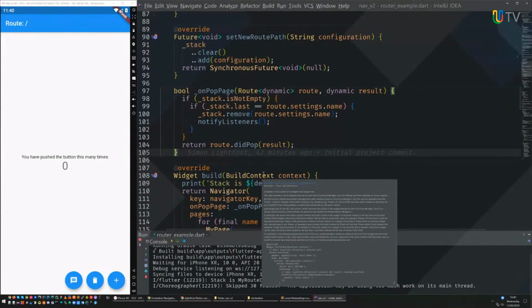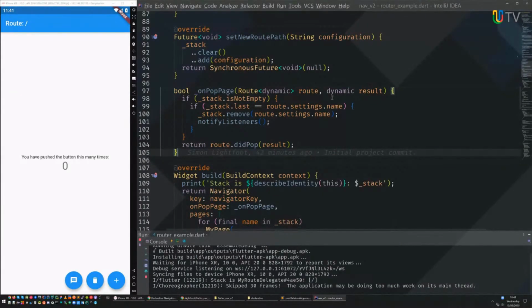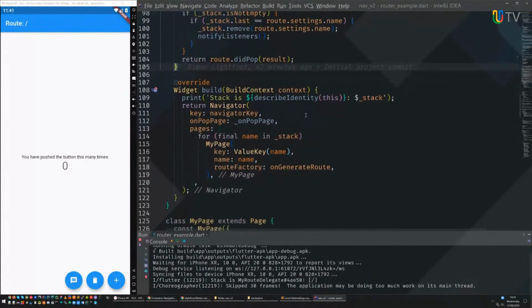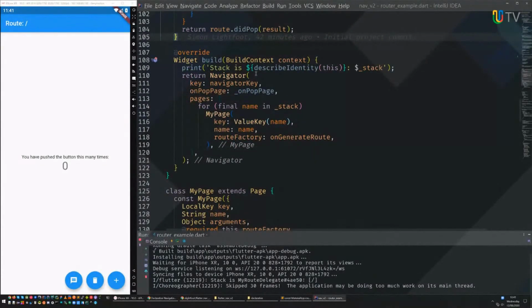From my use case here, I'm thinking that you always want the latest one if you're going to do pop, and if the navigator pops something that is a pageless route, then obviously it's not going to match. But anyway, we've got a little print statement here for debugging, which we'll get to in a minute, so you can see what's actually happening. In this case, it gives our delegate, and then the stack follows.